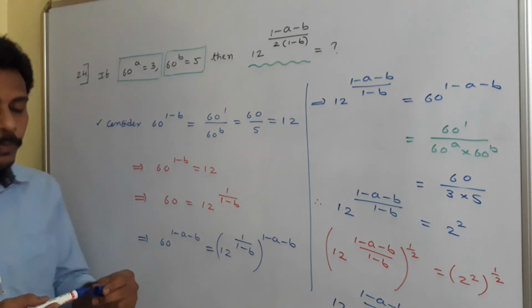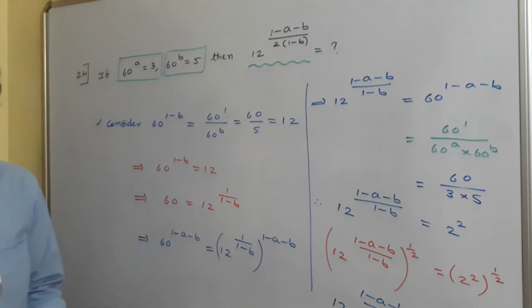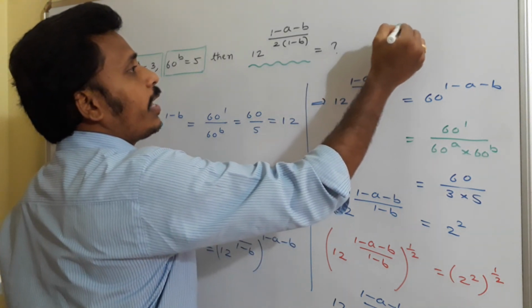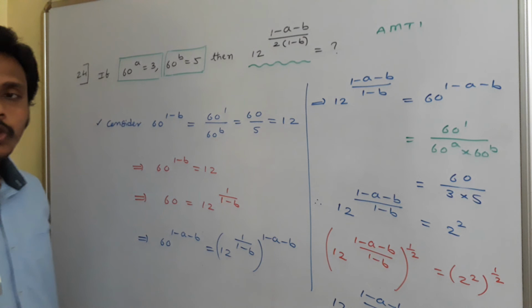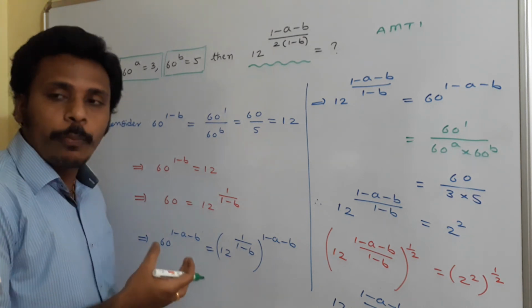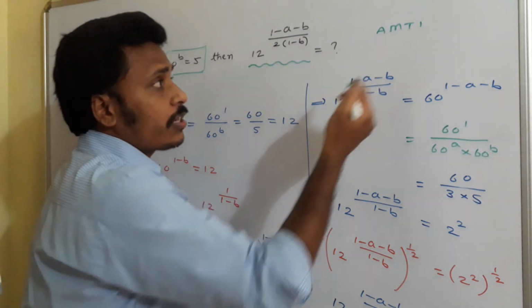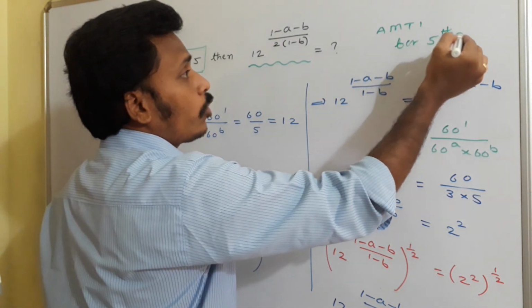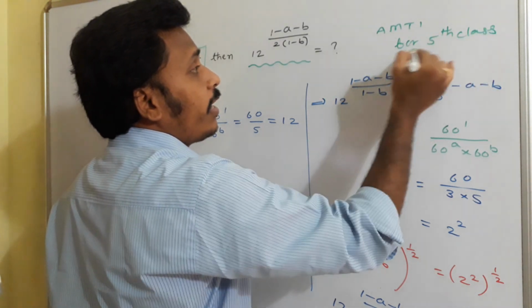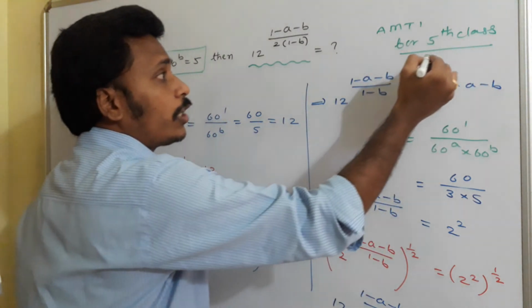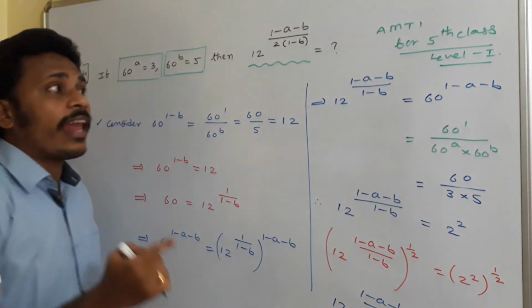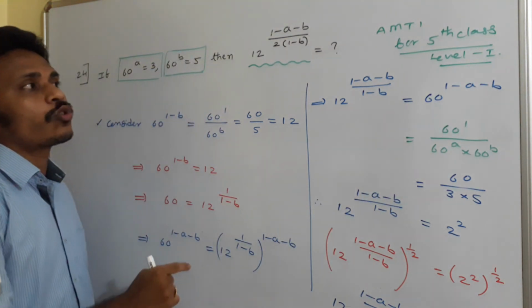We need to observe the problem. We need to analyze. The problem is very much simple, I think so. Actually this problem was asked in AMTI examination. I think you all know that, Association of Mathematics Teachers of India, an Olympiad examination. This question was asked in AMTI for 5th class students, that too in level 1 examination. AMTI is conducted in 3 levels, and in level 1 examination of 5th class this question was asked.